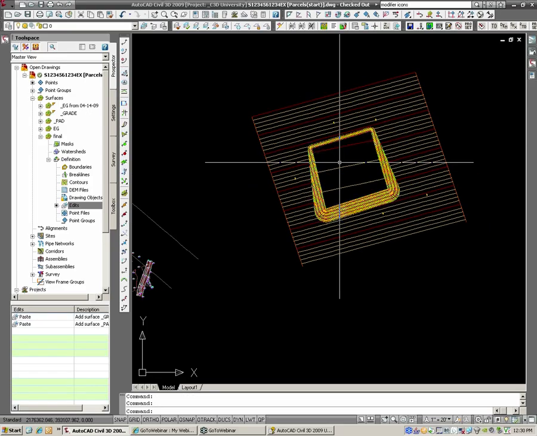Since I held down my control key, I don't know if you saw that part, I had to hold down my control key there, and then I could pick multiple ones. I'm assuming, because I picked grade first and pad second, that's the order it's going to show up in